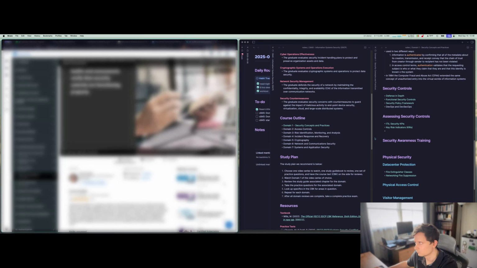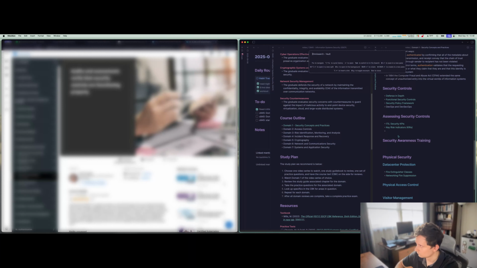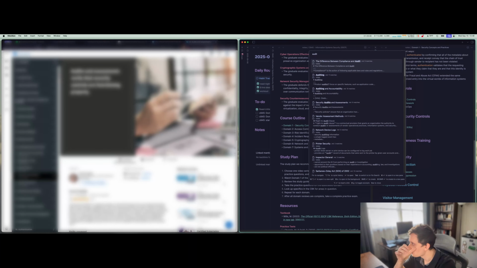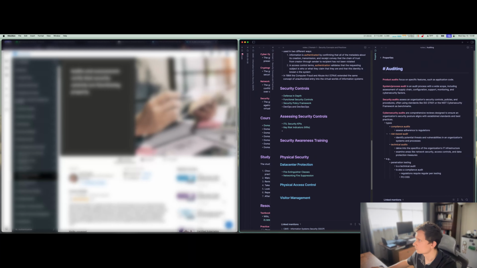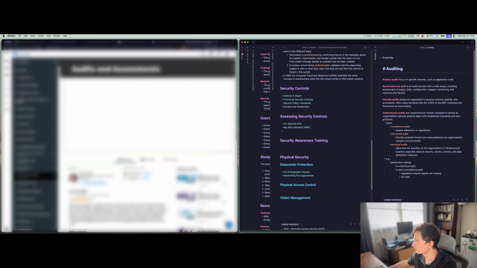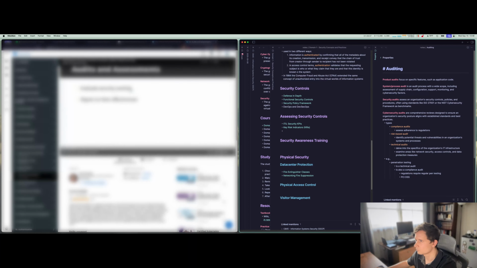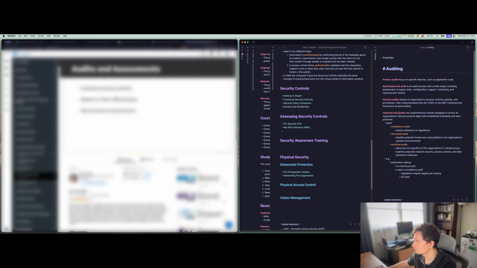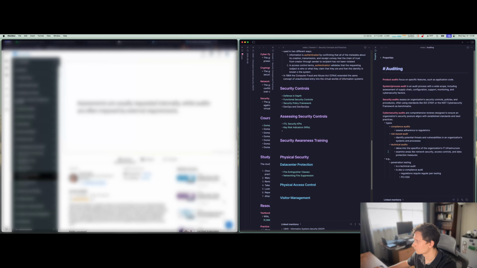Audits and assessments provide organizations with the opportunity to evaluate their security controls to ensure that they're functioning properly and effectively protecting the confidentiality, integrity, and availability of information and systems. Audits and assessments are similar in purpose and function. Both involve evaluating security controls, reporting on their effectiveness, and making recommendations for improvement. The main difference is in the purpose of the review.